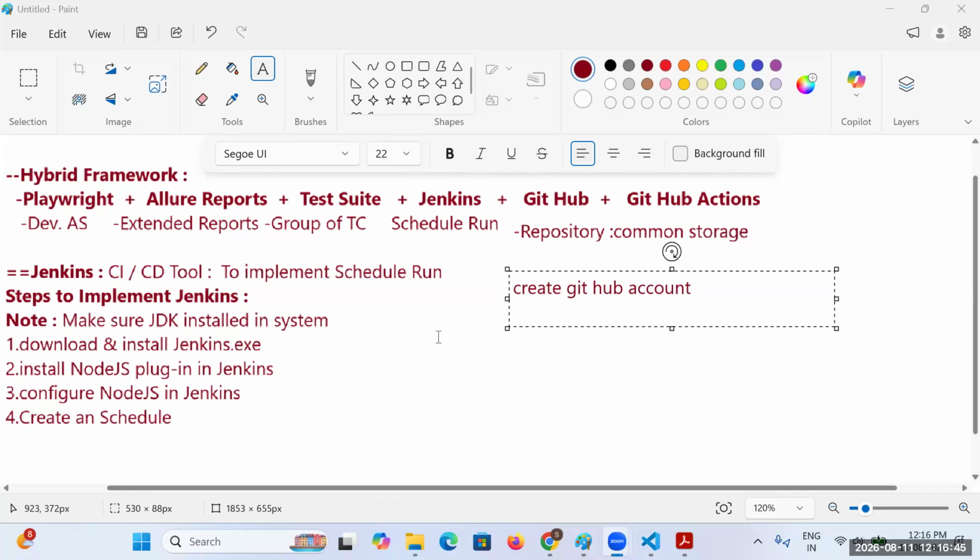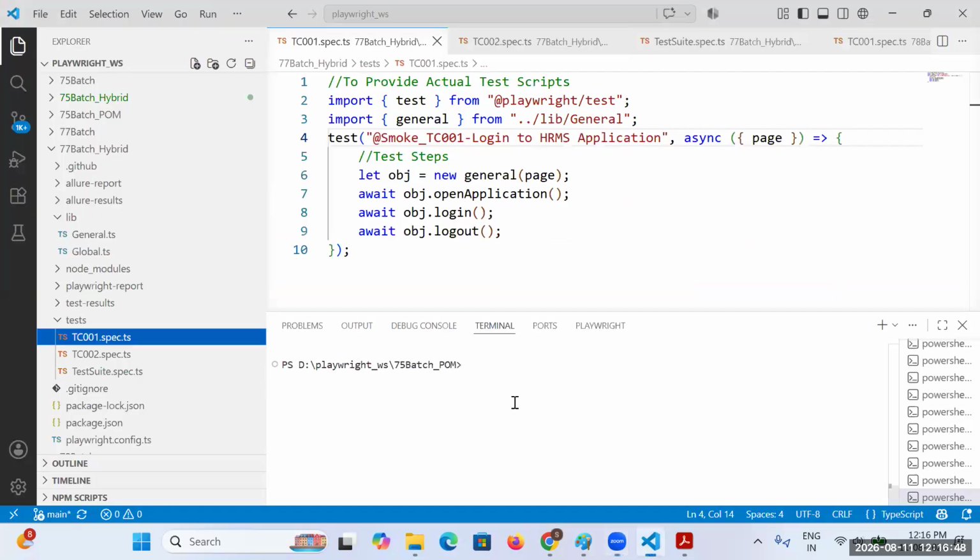You will be using the command npx playwright test, and provide the file name tc001.spec.ts. Then you can add the headed option, and then you mention debug. Then it will execute in debug mode here.